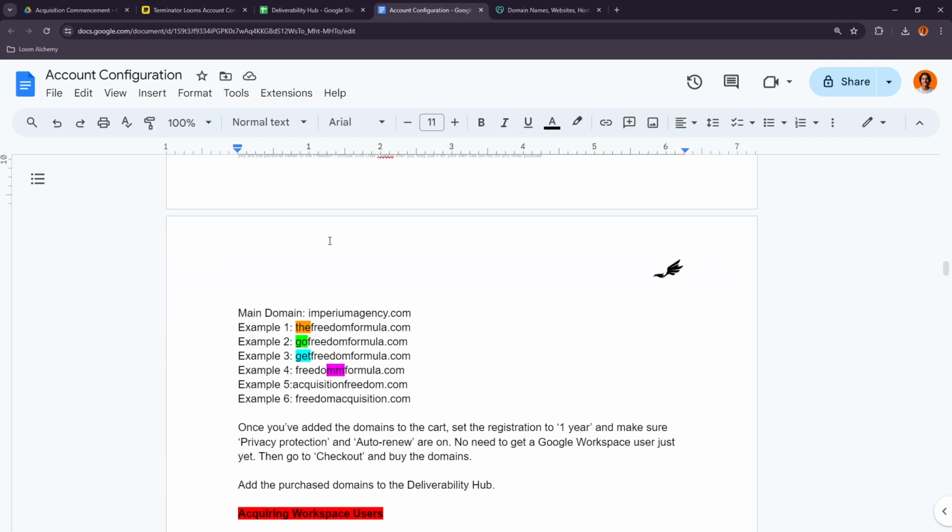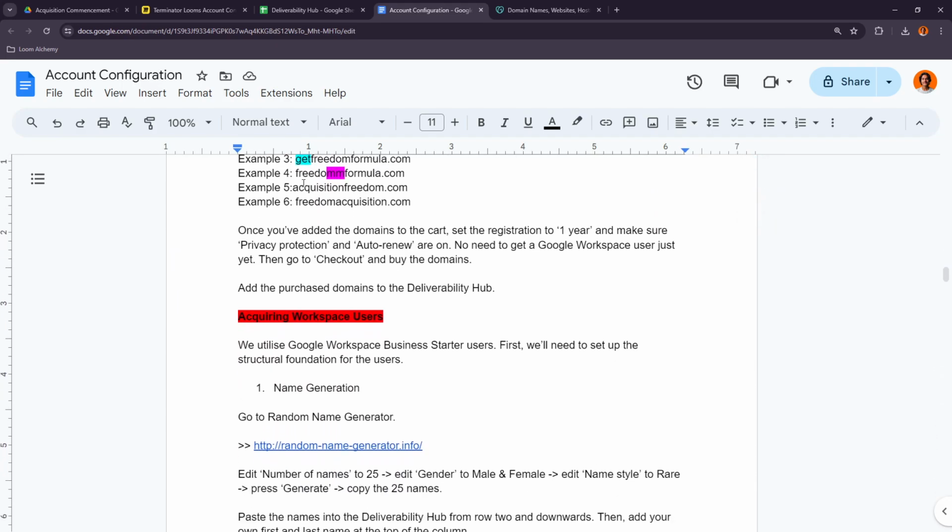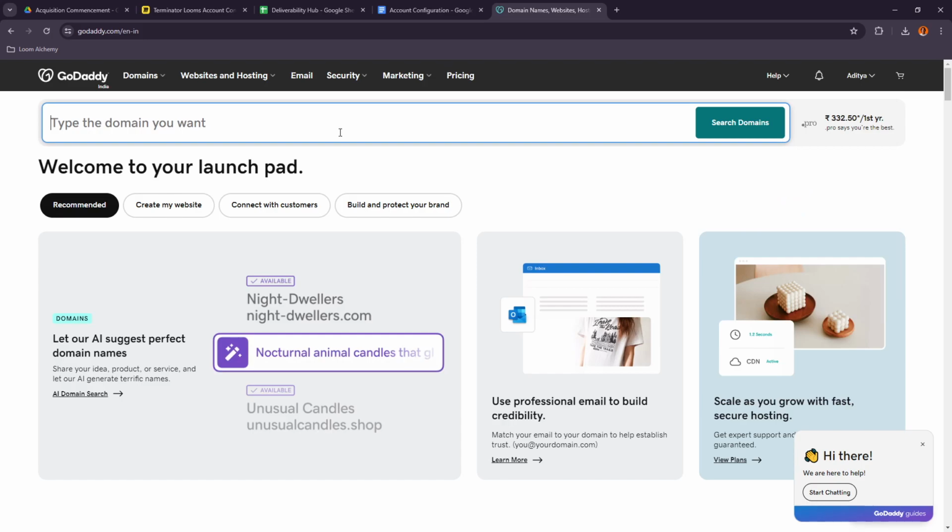So now the domains that you can buy are, for example, Freedom Formula, Go Freedom Formula, Get Freedom Formula, Free Formula, Acquisition Freedom or Freedom Acquisition or something like this, right? Now take the domain for 1 year, and privacy protection and auto renew on or off is your own choice, how you want to take it. So basically you type in the domain you want. Let's say I want Acquisition Freedom, and let's say